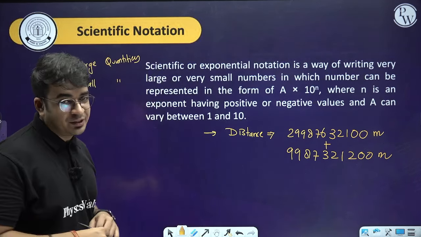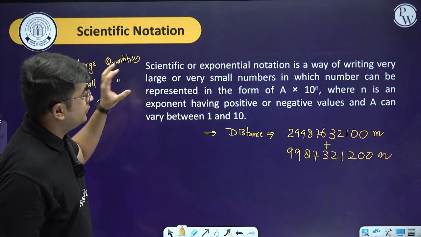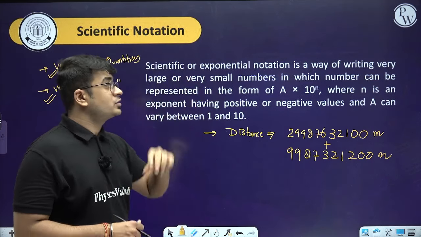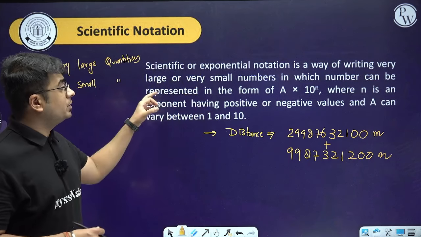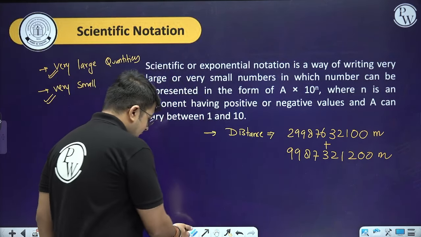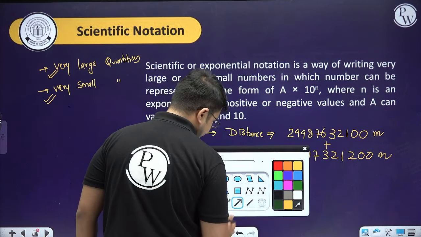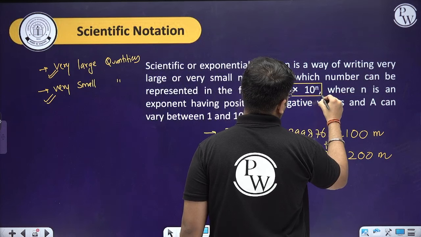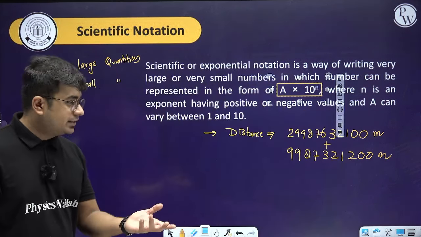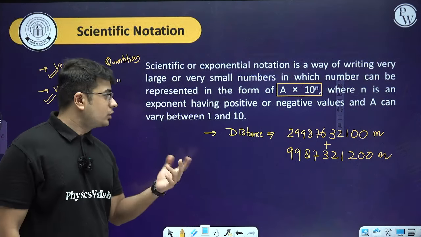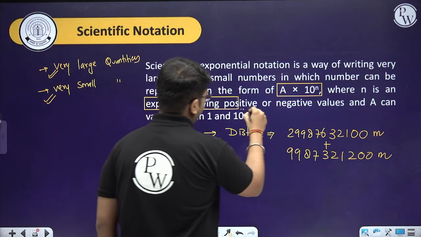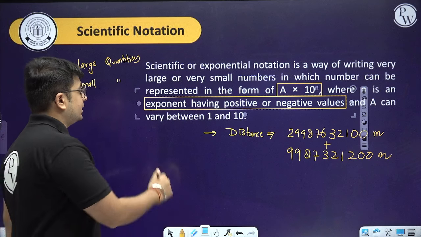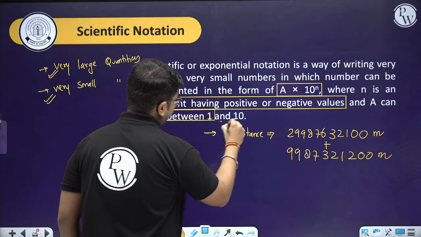That solution is known as scientific notation. A scientific or exponential notation is a way of writing very large and very small numbers, in which the number can be represented in the form of a multiplied by 10 raised to the power n. Now n is the exponent having a positive or negative value, and a varies between 1 and 10,